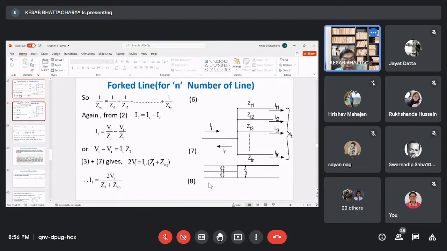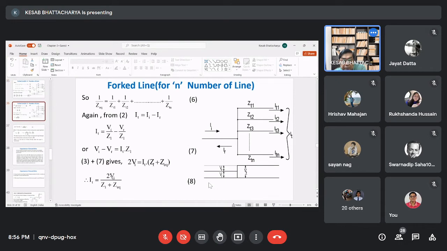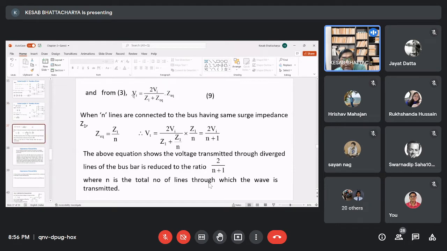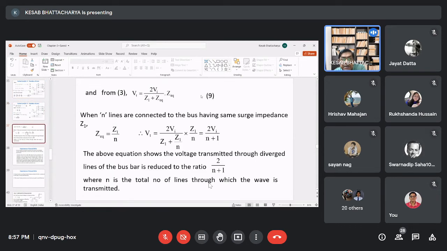What we are writing, VT is equal to IT into Z equivalent. And from 8 we know IT is equal to 2 VI by Z1 plus Z equivalent. So VT can be finally written as 2 VI by Z1 plus Z equivalent into Z equivalent. This one is your IT from equation 8, into Z equivalent. So this is our equation 9, where n lines are connected to the bus having